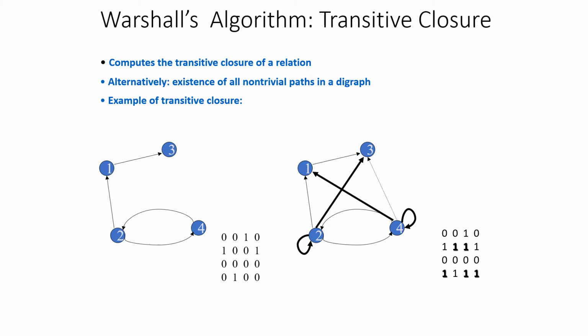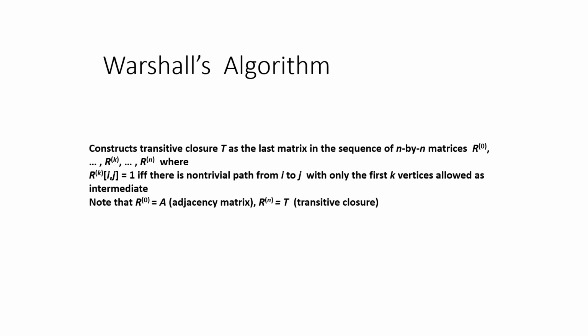This is the basic difference between the transitive closure of a graph and the adjacency matrix of a graph. The initial condition for this graph will be the adjacency matrix, and that matrix representation will be improved further until we consider all the vertices in the graph as intermediate vertices. So this is the logic. We are going to construct the transitive closure starting from R power 0 to R power n, where n is the number of vertices present in the graph. R power 0 represents the adjacency matrix, a matrix which does not involve any intermediate vertices.